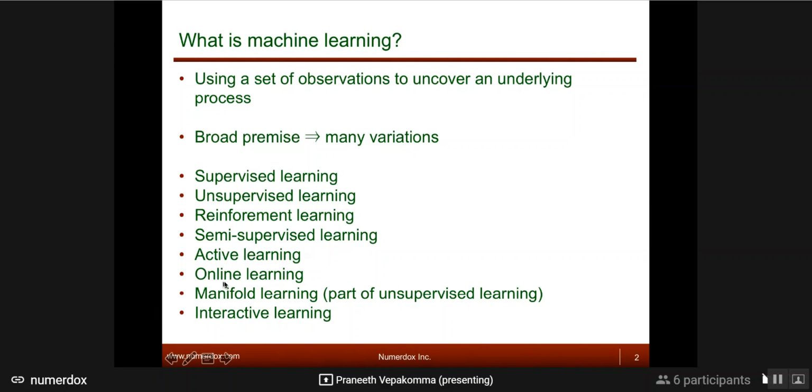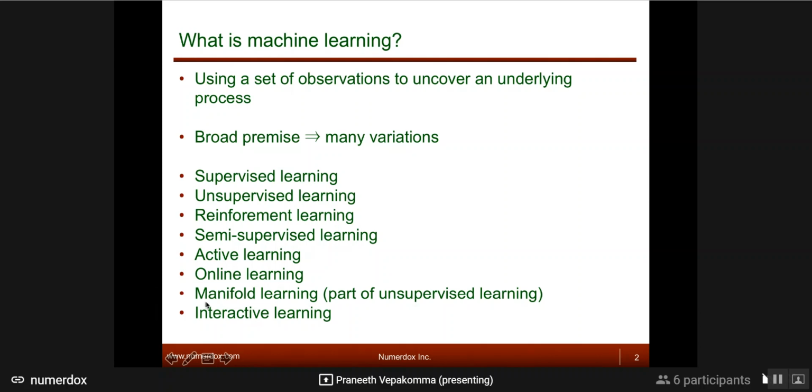Online learning is what the name suggests. Here, your data is not available in a batch, so you don't have a set of data given to you. Data is streaming, and you cannot store data in an unlimited fashion, especially if it's streaming every few microseconds. Data is just coming in as a flow and going out, and you only have a limited amount of storage capacity. That limited amount still could be a big number or a small number, but this is the setup. You have streaming data. You want to have a model that takes care of the online streaming nature of the data and be able to do the prediction.